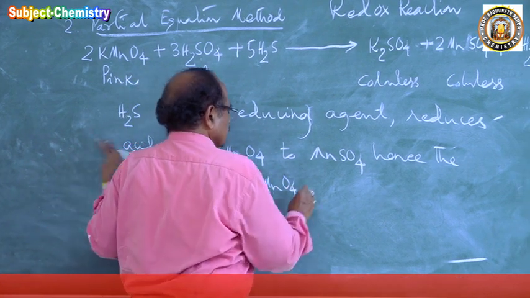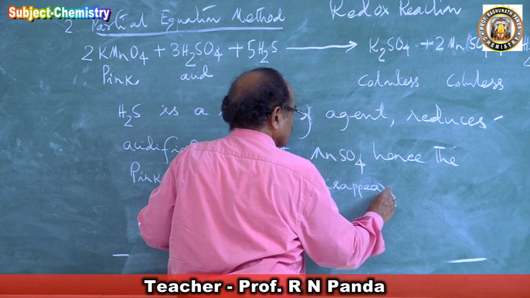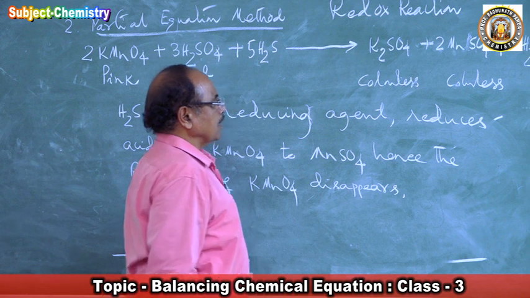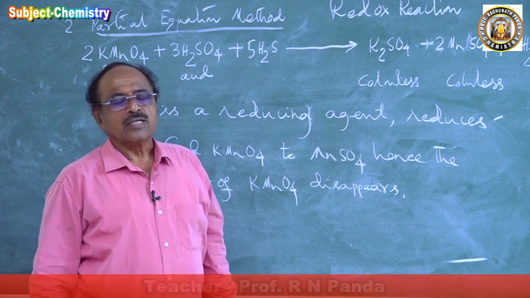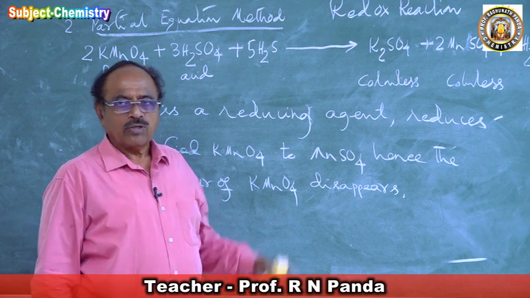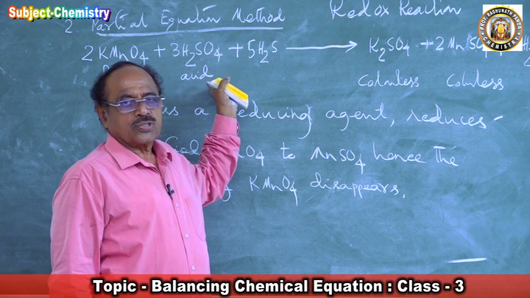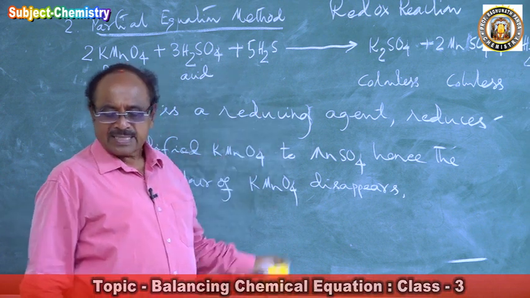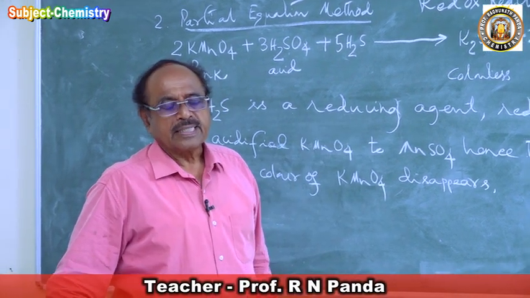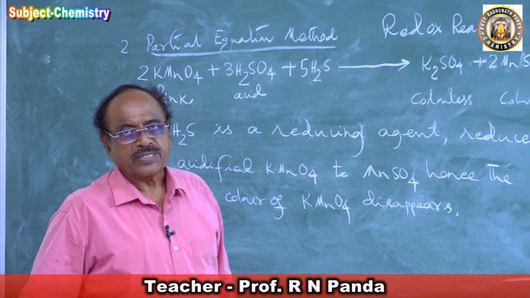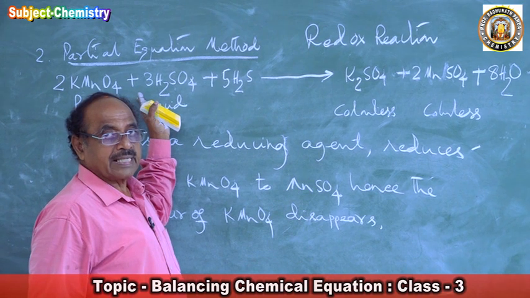So this is a question that comes in the +2 exam, because you have the sulfur family in your second year. In your second year you have your oxygen family, and you have potassium permanganate in second year, transition metals. So once you understand this reaction, it is an important reaction for you. The preparation and properties of hydrogen sulfide, and the preparation and properties of potassium permanganate are there.